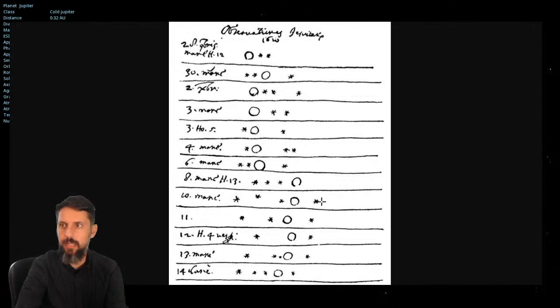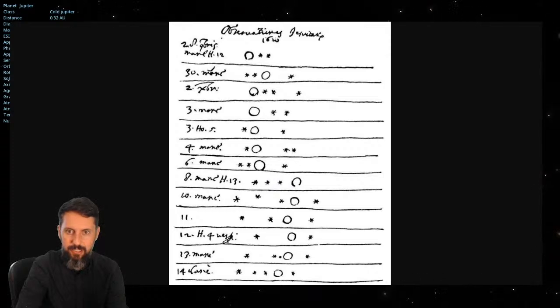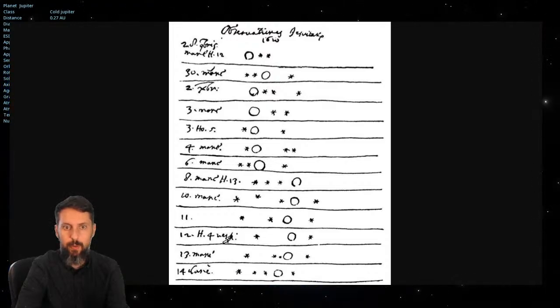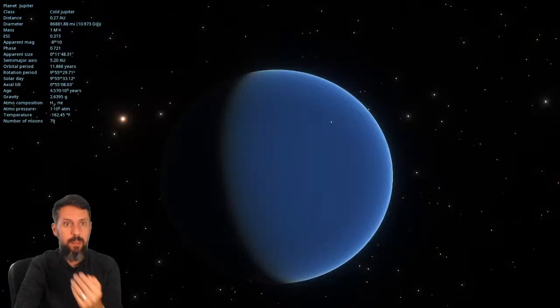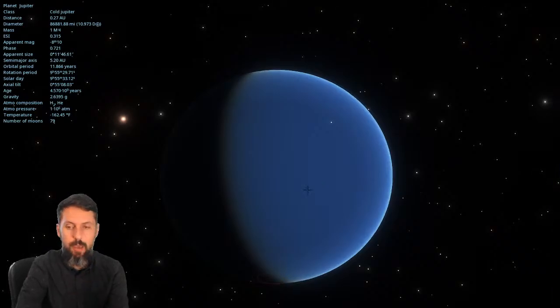Oh, so Jupiter is currently not actually showing anything on it, which is very strange to me. I do not know why Jupiter is showing any actual surface properties right now. Apparently Jupiter is really, really broken right now in Space Engine, but